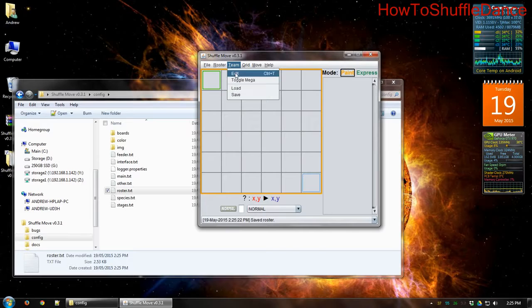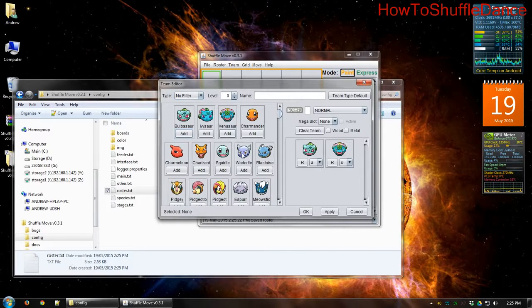There's also Teams. You go in, you add the teams. You can filter stage here. This will allow you to select which stage you're setting a team up for. You can set who the mega slot is. Only those with mega effects are allowed to have this. You can have them active or not. You can set it to be the team type default, which means